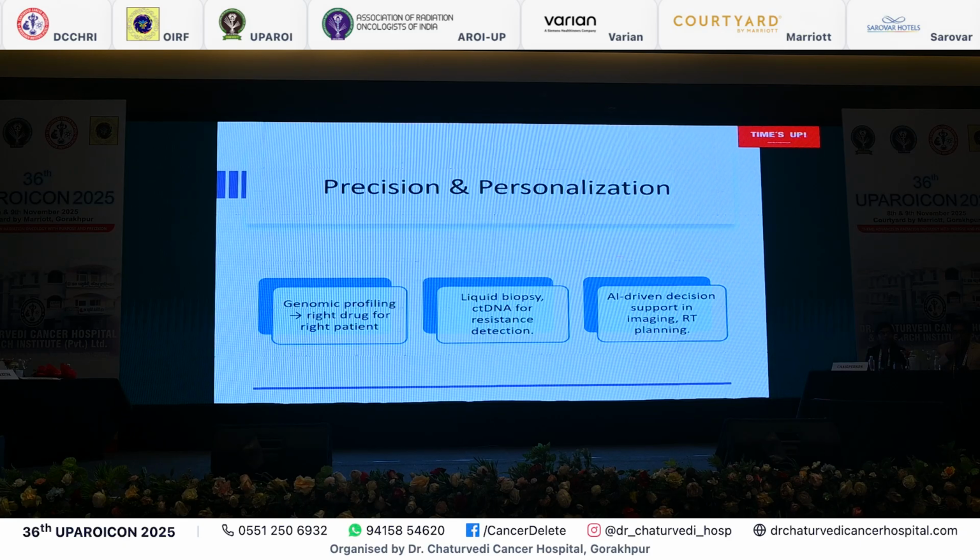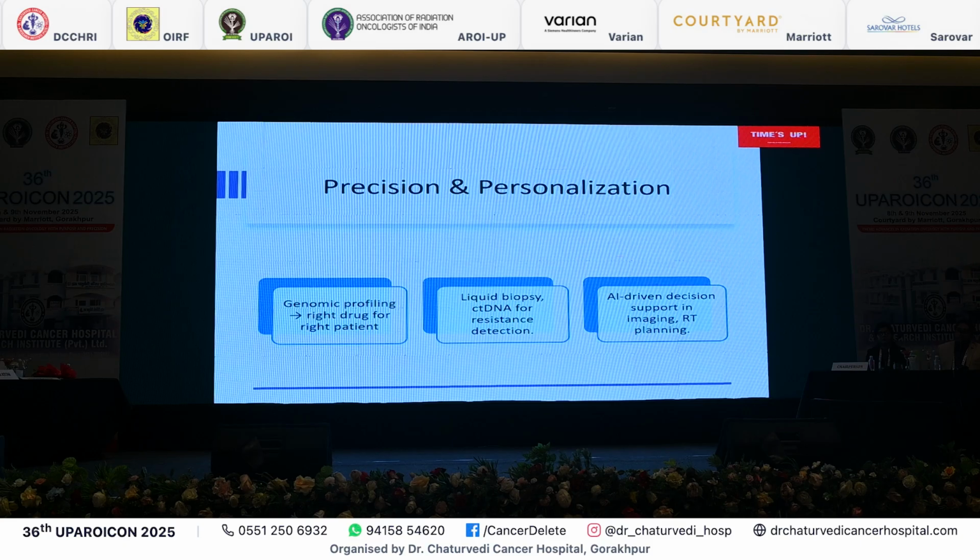What do we want to achieve? We want to map that this is the disease, this is the gene, this is the phenotype. So this patient goes into this gene, and the patient will receive this treatment. What we are targeting, what we are trying to achieve, is to give a specific treatment. When you give a specific treatment, there is less toxicity, more tolerance. If you give targeted therapy, you have more options left in the future. So we are trying genomic profiling, the right drug for the right patient.